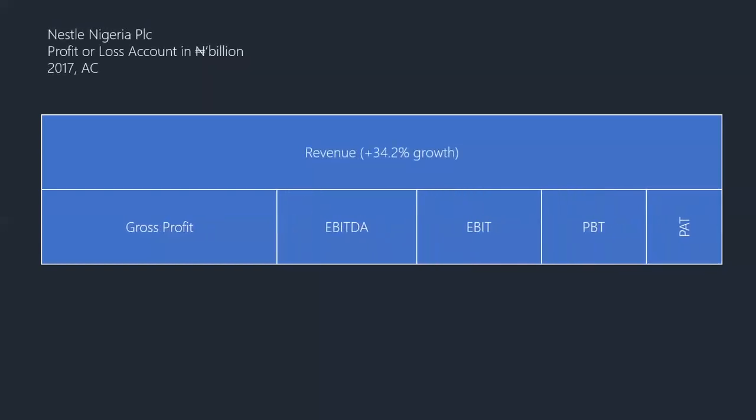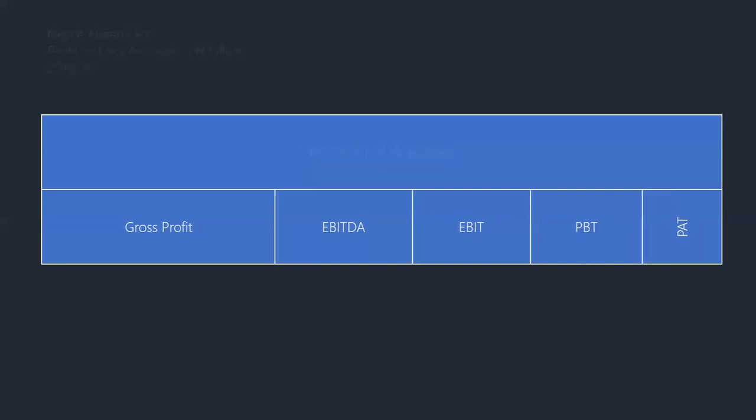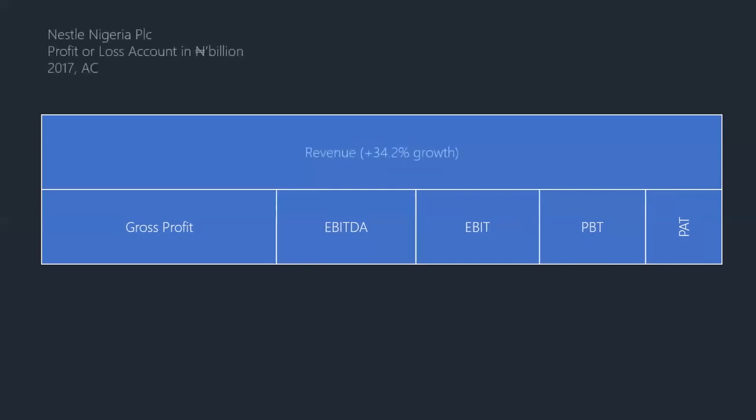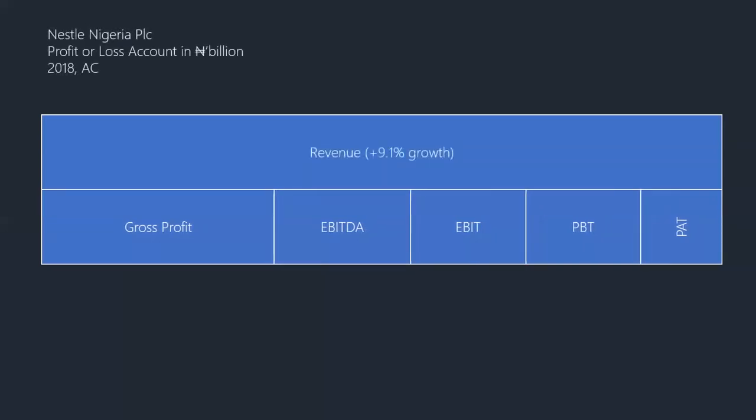Revenue increased. They managed their gross profits very well. EBITDA, fine. And you can see their profit after tax increased significantly, which explains a well-managed company. Don't say revenue increases and you expect everything to increase. No, you're supposed to be able to manage everything and have a good net profit margin. Now for 2017, this is what we call a consistent trend in a company. This is 2017. Look at the shape. And this is 2018. What can you say about this?